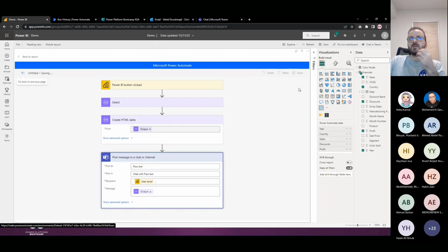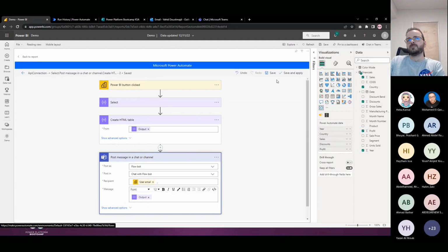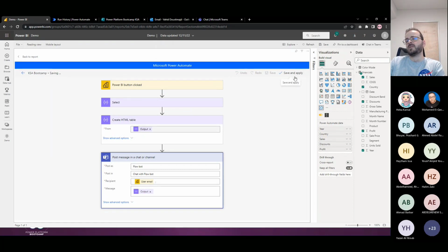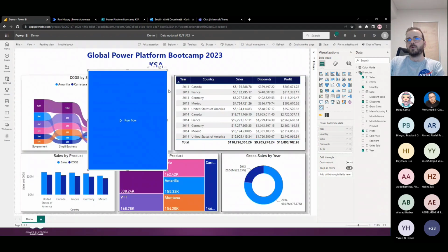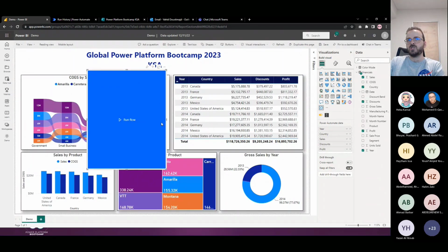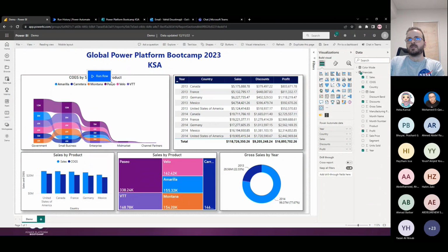Let's save this one. And when I save that one, I can click on this one to say bootcamp, add the name for that one, and then I can click and save and apply. When I give that green light, that's done. Back to report, and now the shape of this changed, and I can make that smaller to make it like